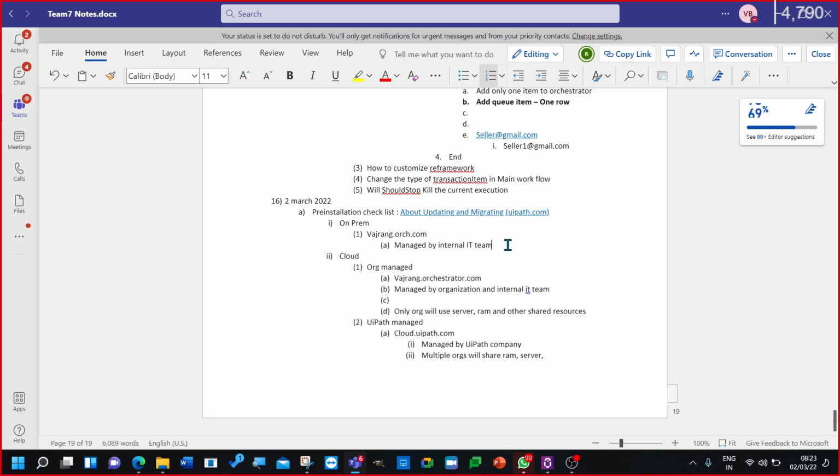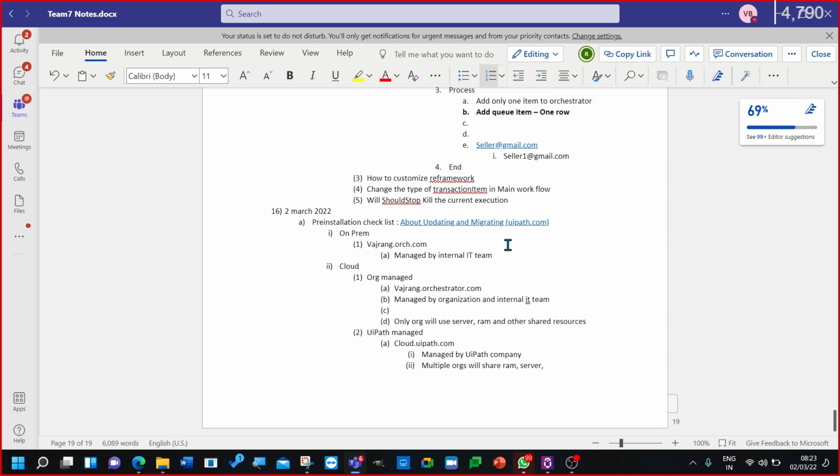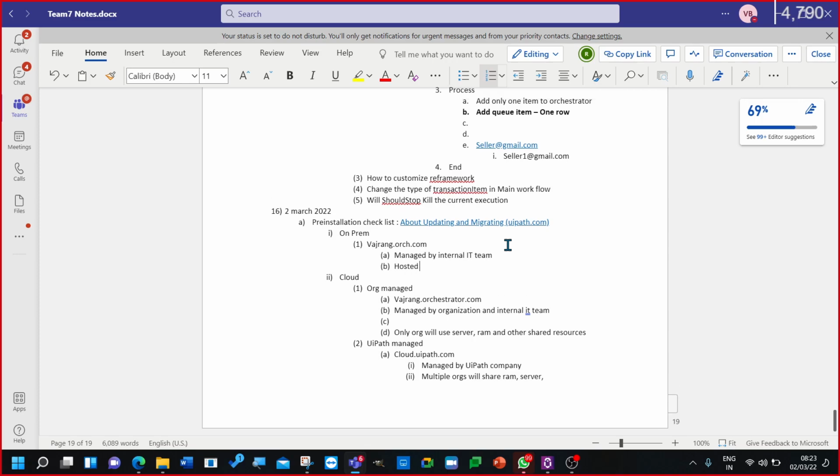Okay. Server, hosted on a server in the organization. You can say that it's a hardware machine inside the organization. This will be hosted on a cloud service